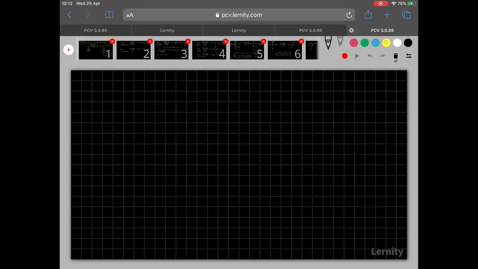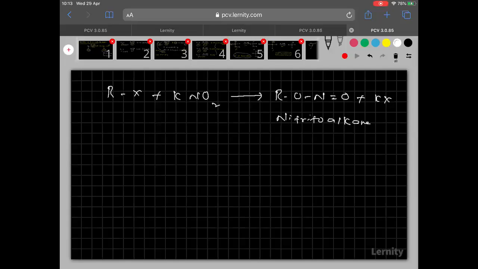Still we are having KNO2 and AgNO2. Okay. Now see clearly, RX when treated with KNO2. What is KNO2? Potassium nitrite. Then what is the product formed? You know, RONO, that is R-O-N double bonded O, plus KX. So what is the name of the product formed here? Nitritoalkane. The product formed is nitritoalkane. Clear?